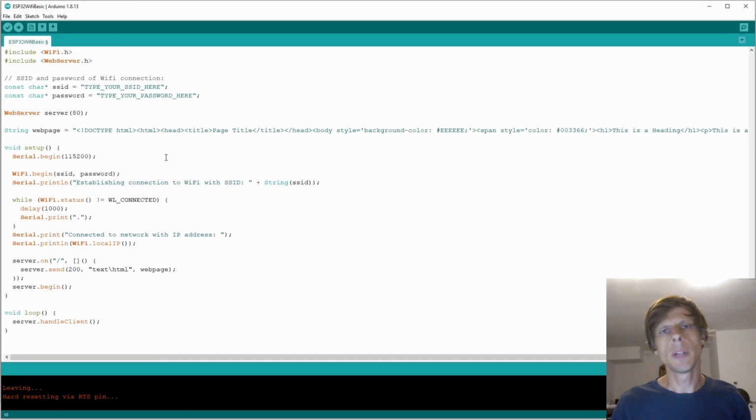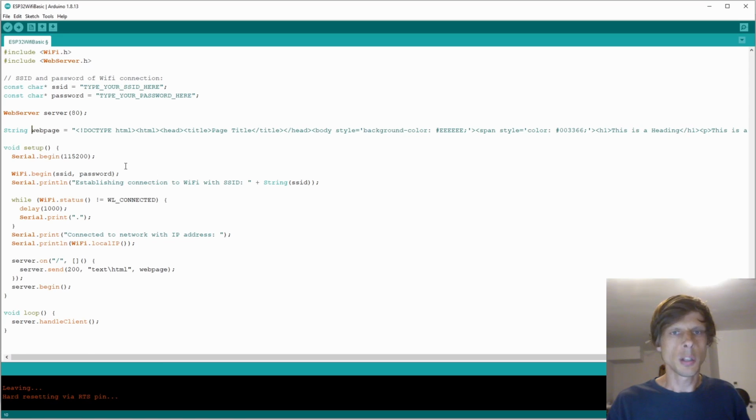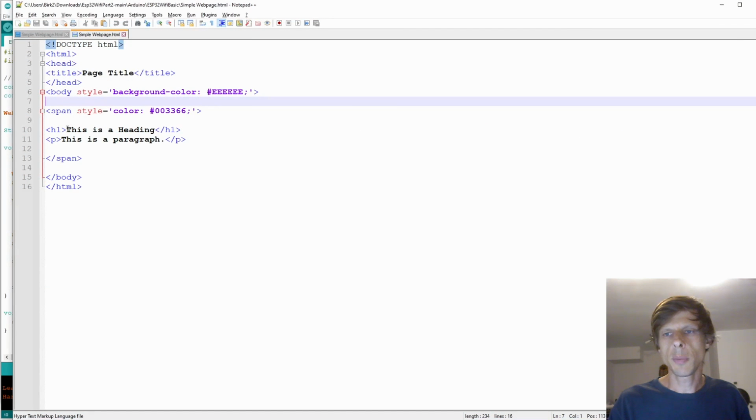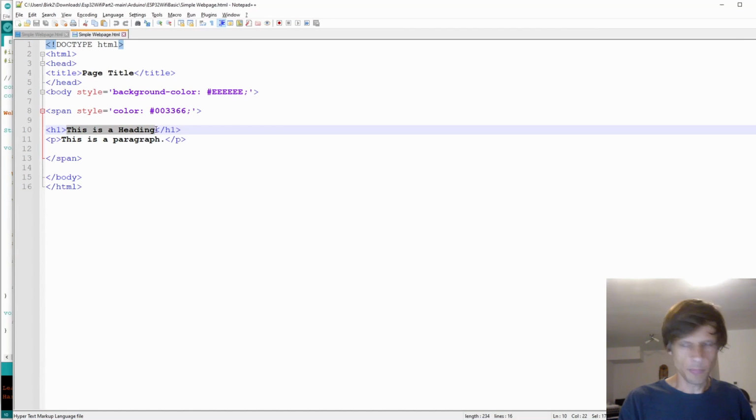As a next step, let's generate some random numbers with the ESP32, just pretend it's a sensor or something, and send that data over to the HTML client. So let's first go to our HTML page. In our HTML page now we want to say random number